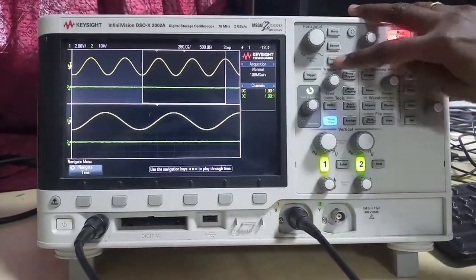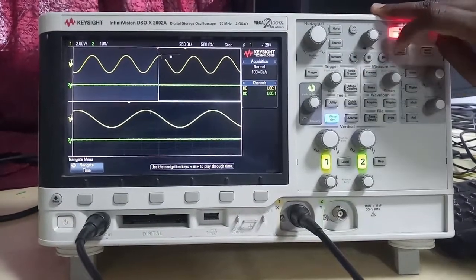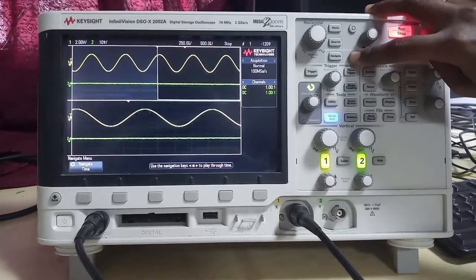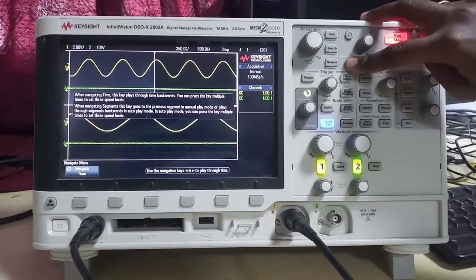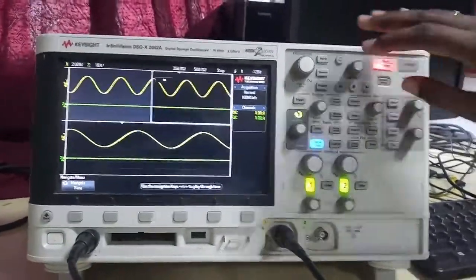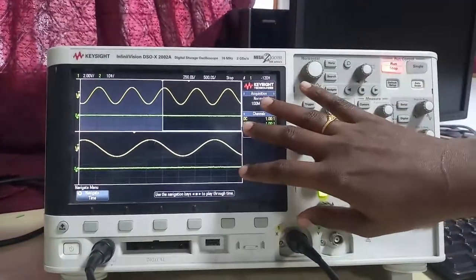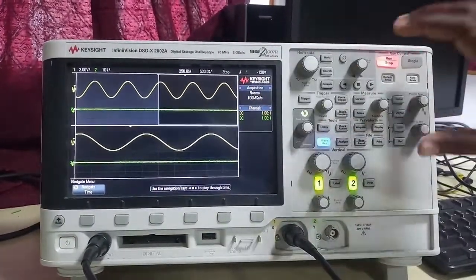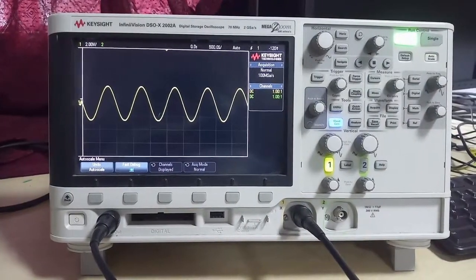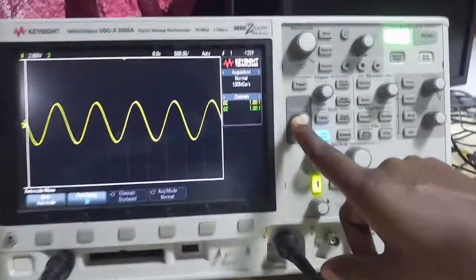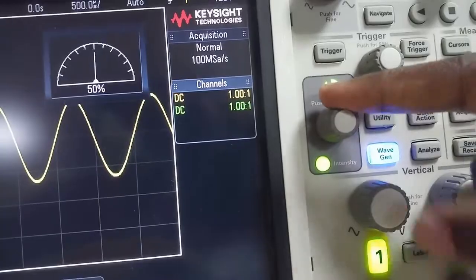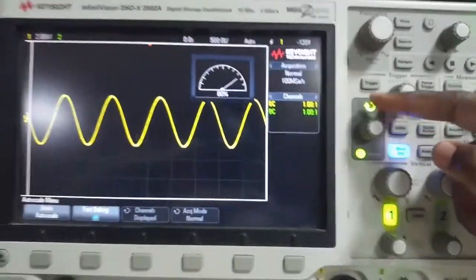When we are using the navigate button, we have to stop the acquisition, because at runtime we can't navigate it. We couldn't move it as the waveform always keeps on changing. Now we can navigate it. So for the particular runtime waveform we have, we can zoom the part in it and view it. This is an intensity key. Using the push to select option, we can increase or decrease the intensity of the waveform.